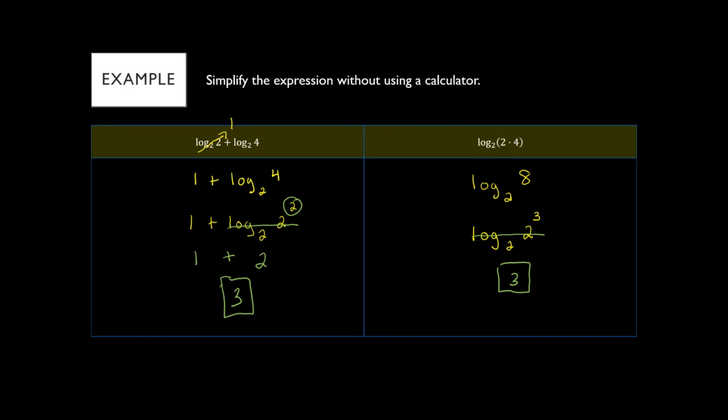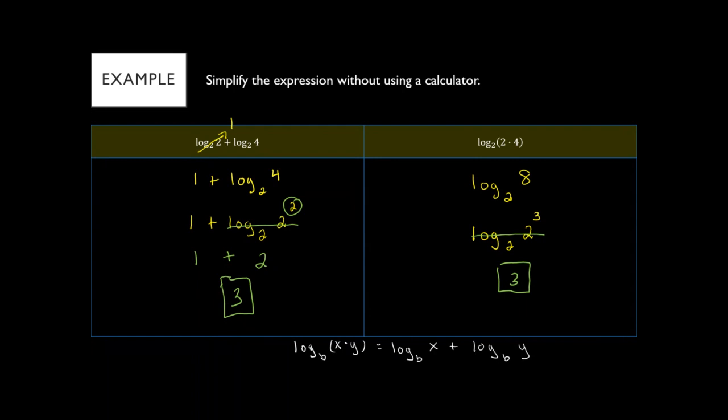Okay, so one thing that I want to point out about this example is that it is basically demonstrating a new property of logarithms. It's not a basic property, it's a more advanced property of logarithms. But basically, if you have the log base b of x times y, this is the same thing as the log base b of x plus the log base b of y. And so that's why the left side and the right side gave us the same answer, because this is actually